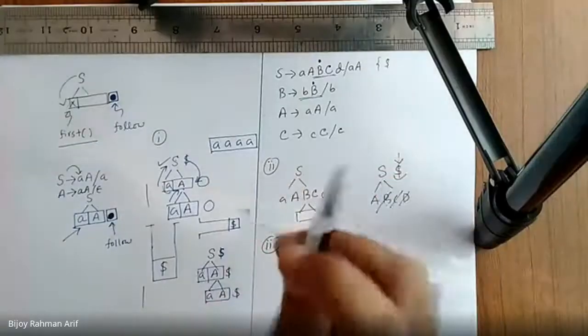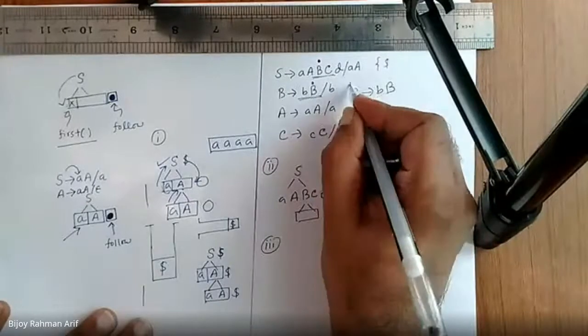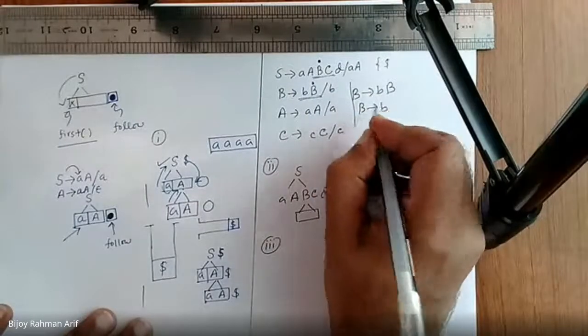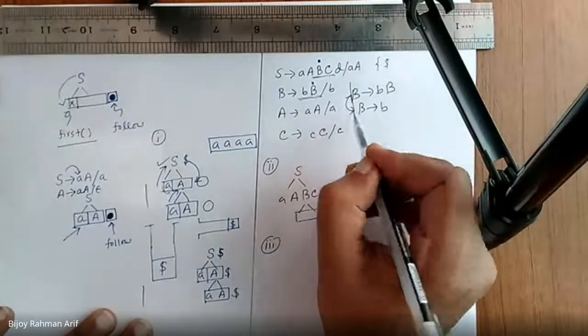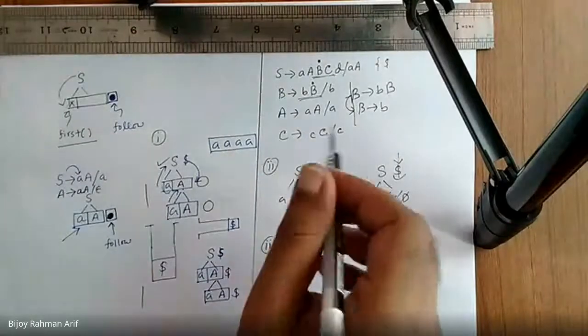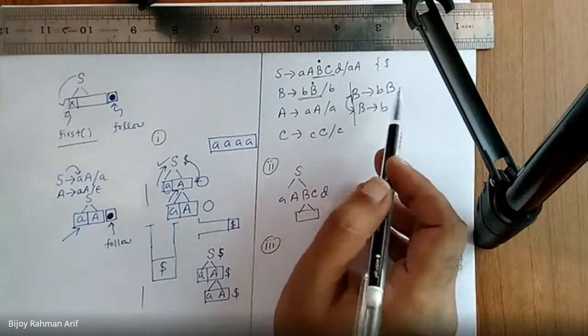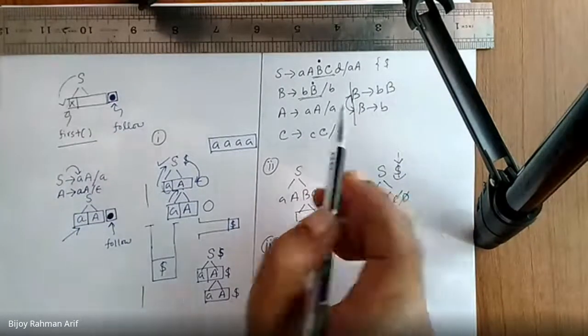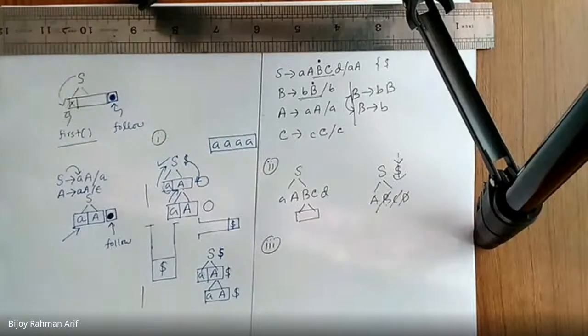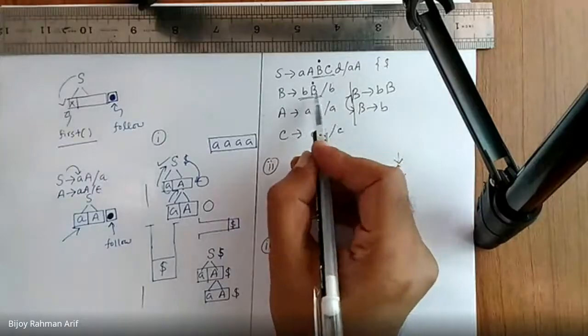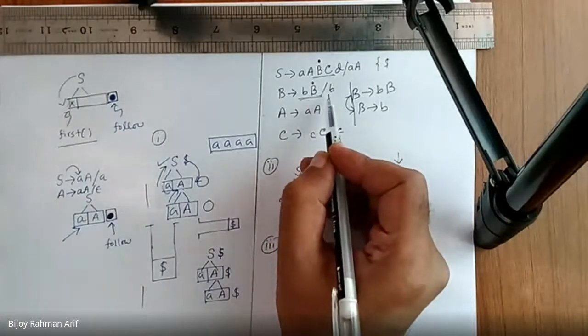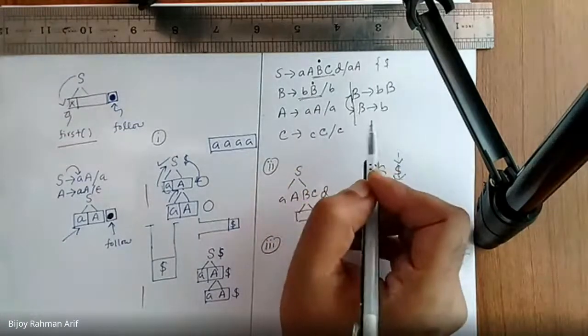There are two rules. B derives BB, this is one rule, and B derives small b, that is another rule. These two rules do not have any relation with one another. They are actually two different rules. As their left hand side is the same, that's why we write them together. But they are actually two different products. They are not the same product. Is that clear? Yes, sir. It does not mean after this B there is a small b. No, that is not true. They are different products. Am I right?